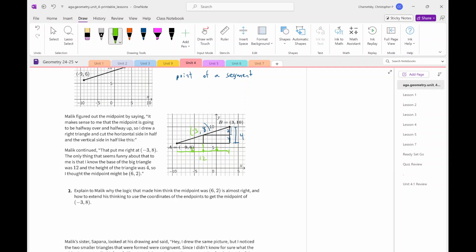So you did get the distances right, but what he did for his coordinate is he put the halves, the distance of his halves. So we go 6 in the horizontal and 2 in the vertical, but that's not the coordinate. That's just how far he's traveling from the starting point. Okay. So I would explain that Malik